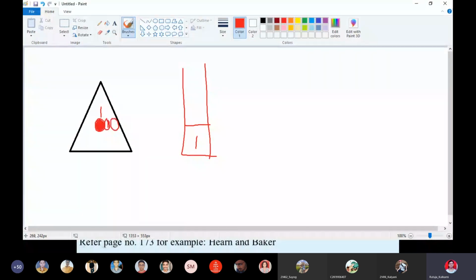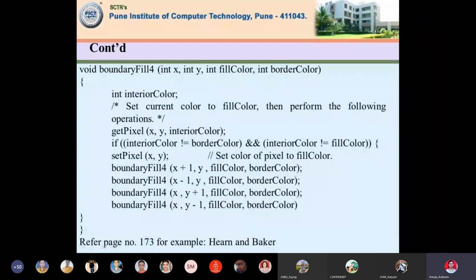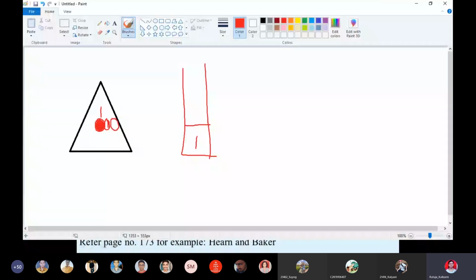Okay, I hope you understand it. Now, is there any further pixel x plus 1? How many times did I do it? Say the second pixel is there, the third pixel is there. This is the second pixel, this is the third pixel. I put it into the stack. Stack is a concept, first in last out. Whichever entered first into the stack gets out last. Okay, that is the concept. Just remember this much. So the second gets pushed into the stack, the third gets pushed into the stack.